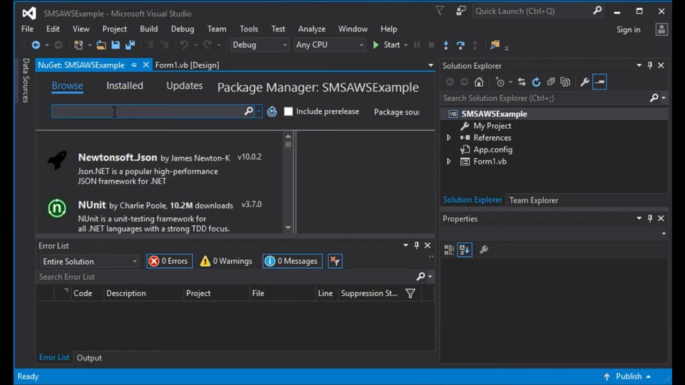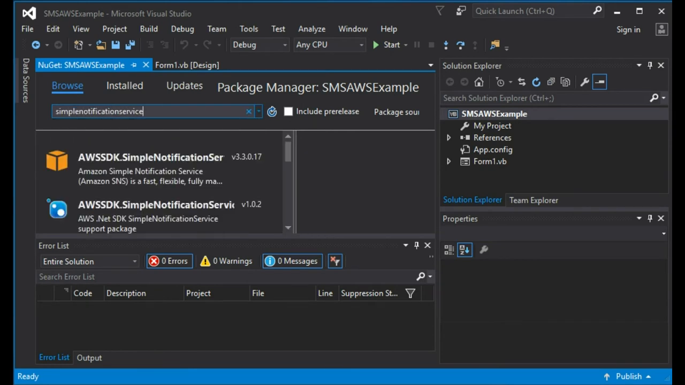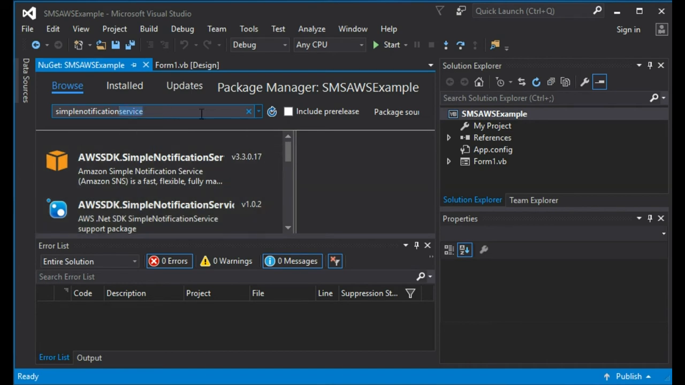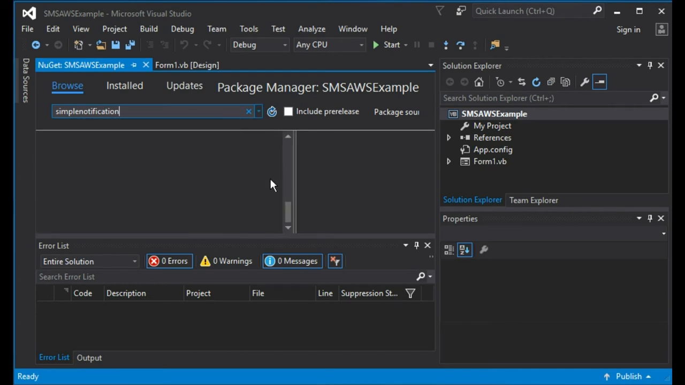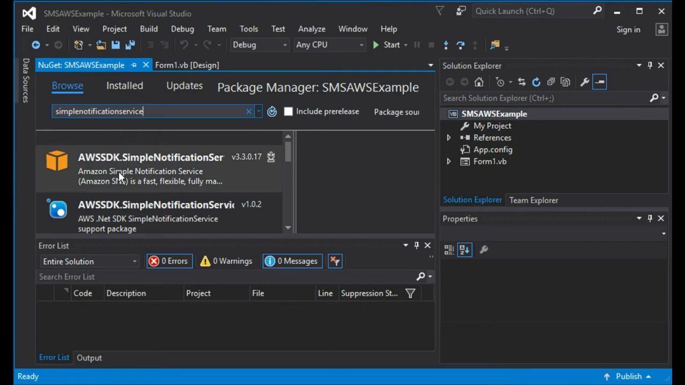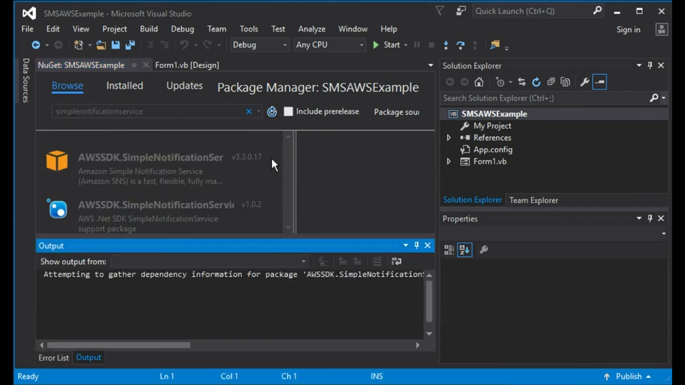So in browse, I just want to do simple notification service. You need to do the whole string there. You need to do the full simple notification service. So the result you want is the one at the very top, at least on my screen, with the orange box as the symbol, not the ones below it with the blue icon. If you just do a search for simple notification, you just get the blue icons. Those aren't the correct ones. So Amazon, so simple notification service, click on the install button on that,